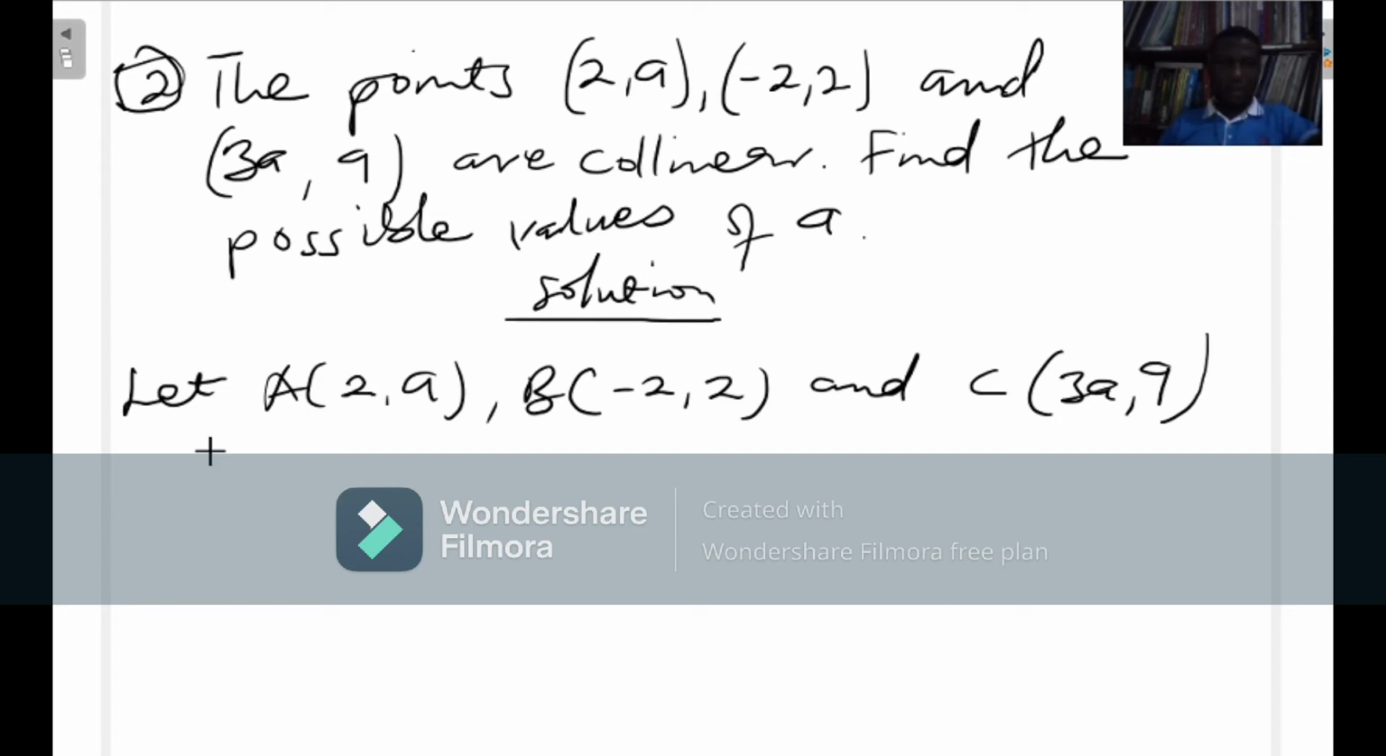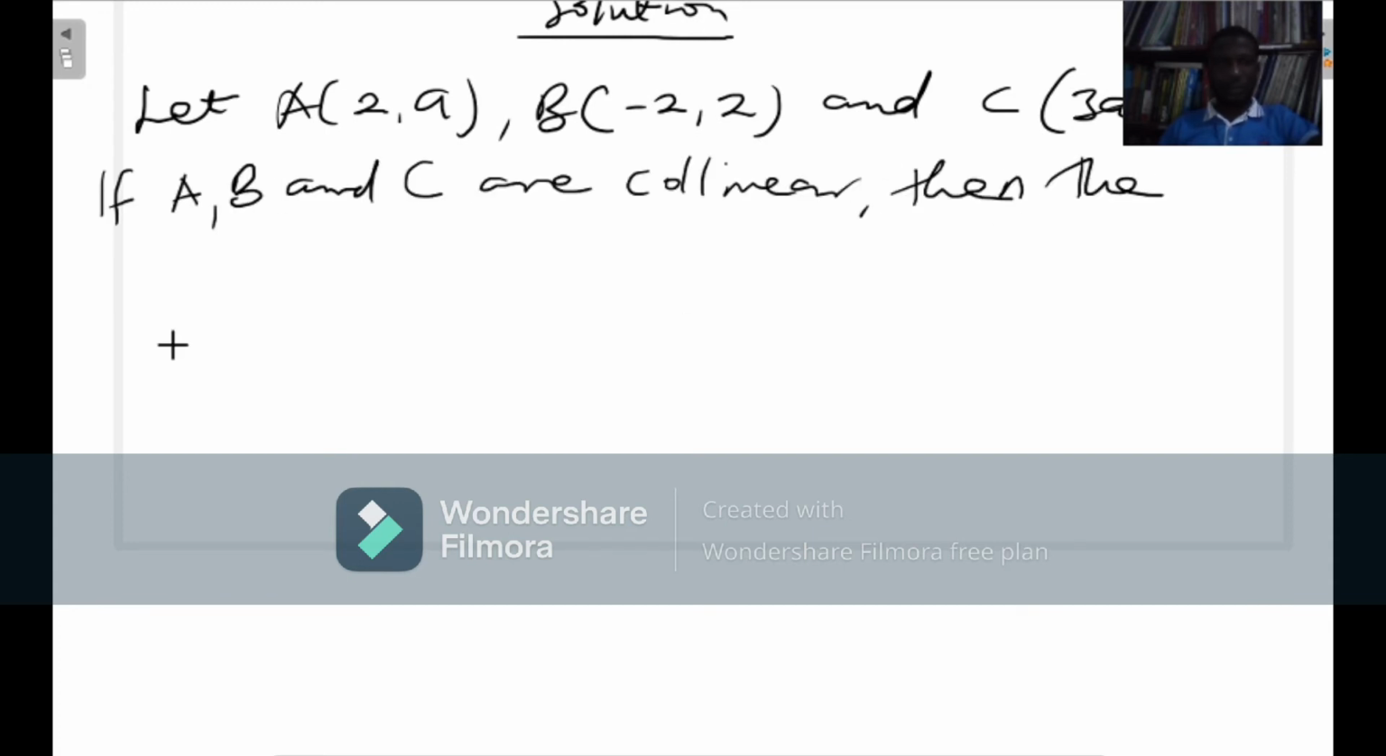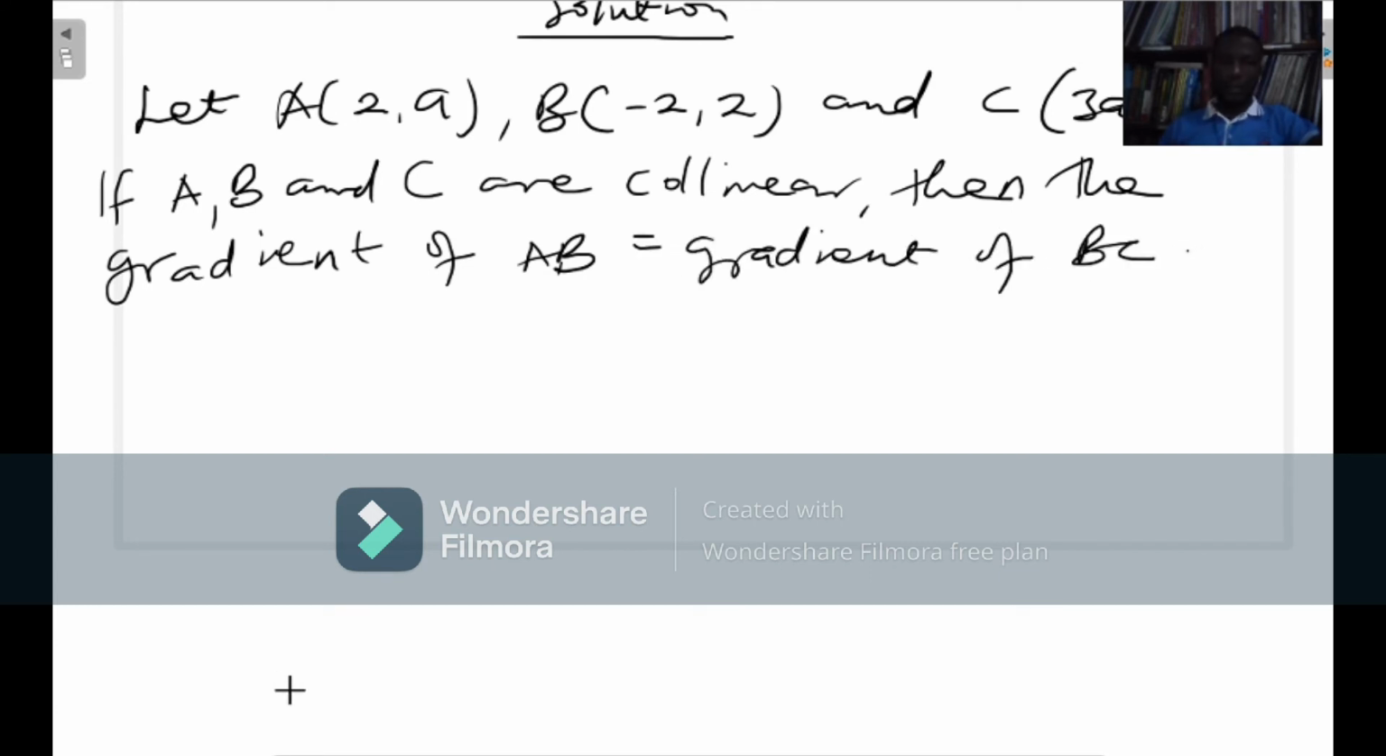So now that we've named them, we are going to say that if A, B, and C are collinear, they mean that the gradient of AB will be equal to the gradient of BC. That's the assumption we are going to use to work now. If A, B and C are collinear, then the gradient of AB equals gradient of BC. That means we'll be having 2 minus a over -2 minus 2 being equal to 9 minus 2 over